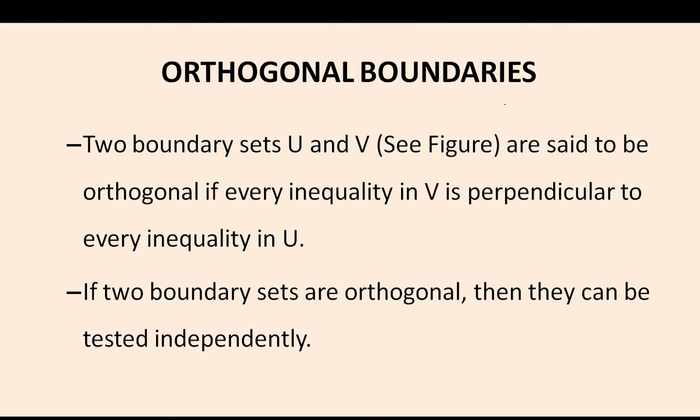Now, what are orthogonal boundaries? Two boundary sets U and V are said to be orthogonal if every inequality in V is perpendicular to every inequality of U. See, this is the way of perpendicular U and V, this one. Okay, so if two boundary sets